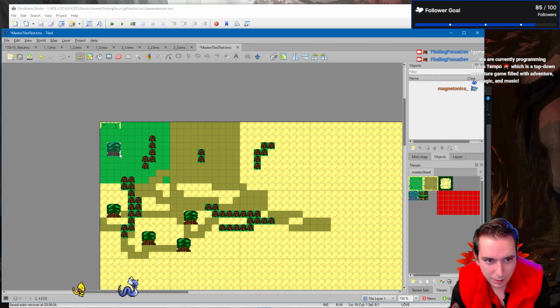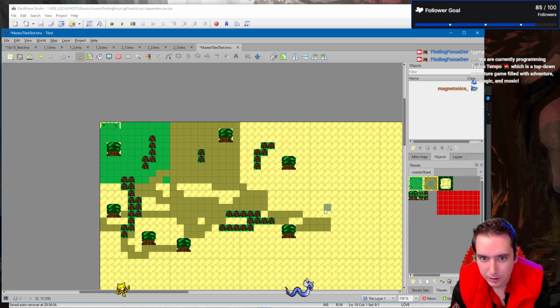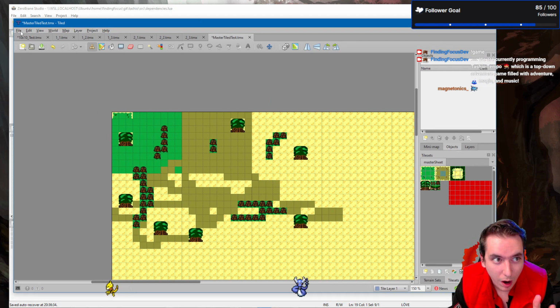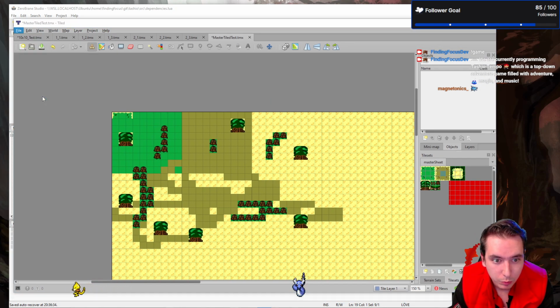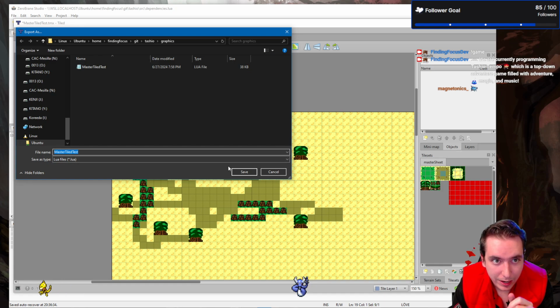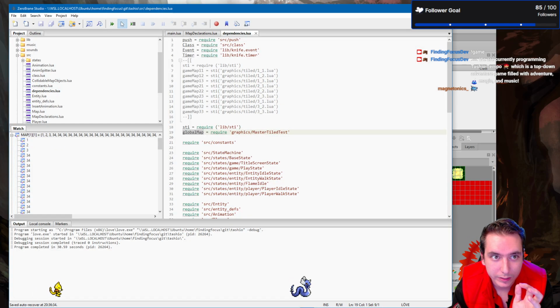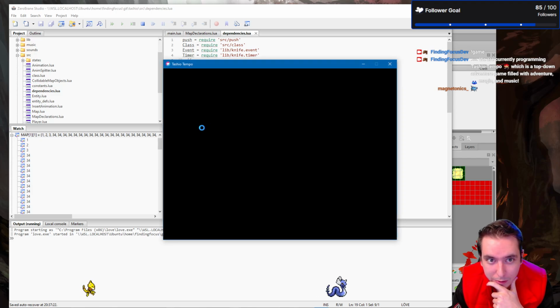That one might be messed up because I put too many trees in. Let's redo that. Yeah, I don't want to spawn into a tree. But for example, if this was our level, we edit this once, we just draw it, and then we say export as master tiled test, and we overwrite it. Then all we got to do is run the game again, and we should have the map in there